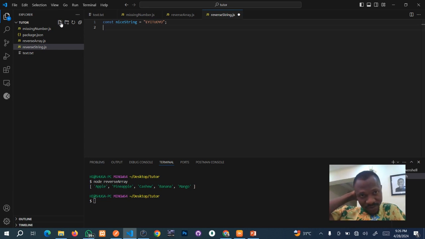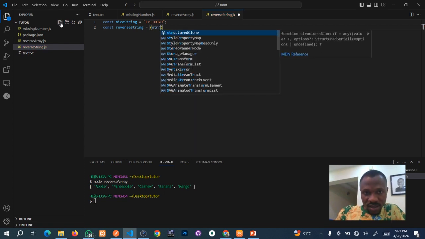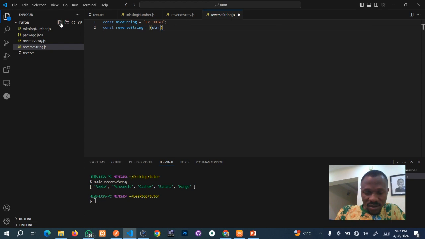So let's do a function also. We're still going to stick with our arrow function. Const reverseString is equal to an arrow function that will take an argument, string str. So the first thing we're going to do on this now is, this is a string,